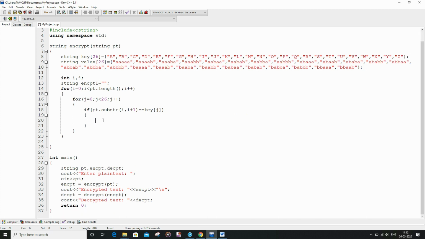Don't worry, I am going to explain everything after I write this. And then I am going to write encrypt1 equal to encrypt1 plus value of j. And so we are done. Finally, we are going to return the encrypt1.